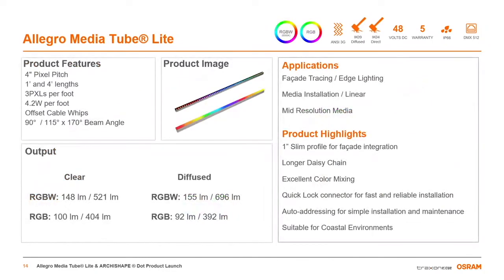So the product has been tested to withstand harsh vibrations of bridges and overpasses and is rated up to IK09 impact resistance. We designed the product to 3 pixels per foot in order to deliver medium or high resolution based on the viewing distance, as Sai was discussing earlier. And we came to this conclusion of 3 pixels per foot based on market data supplied from our MediaTube HO flagship product,